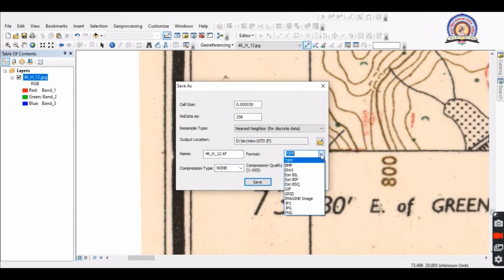Here are the various formats in which your map can be saved. So we have to select TIFF, or we can also consider Imagine image, and we have to say save. Now it may take some time, so we have to keep our patience.